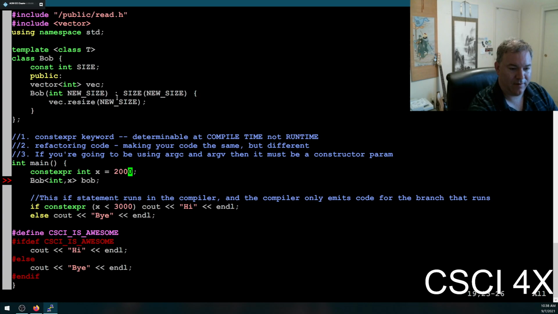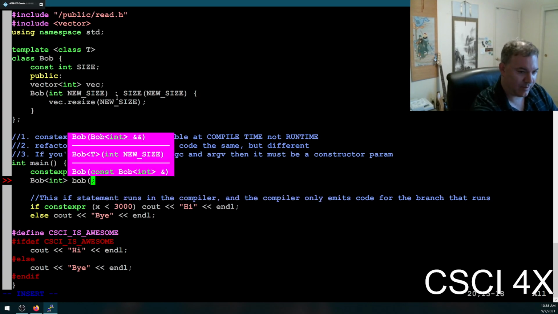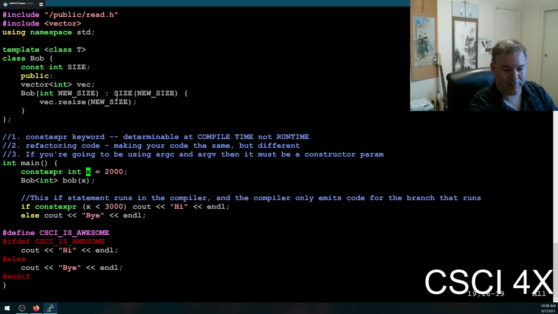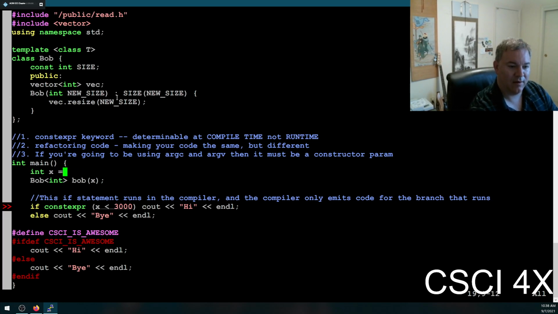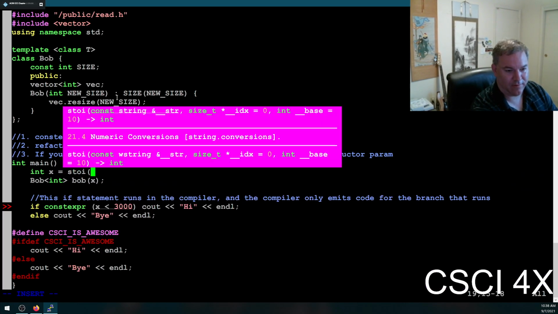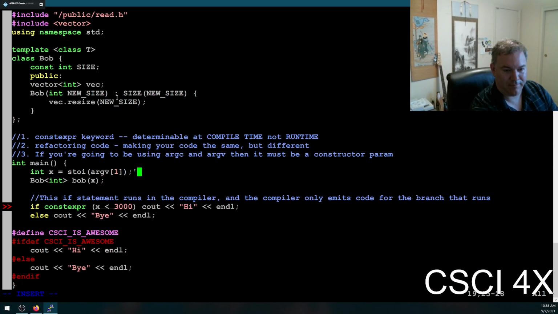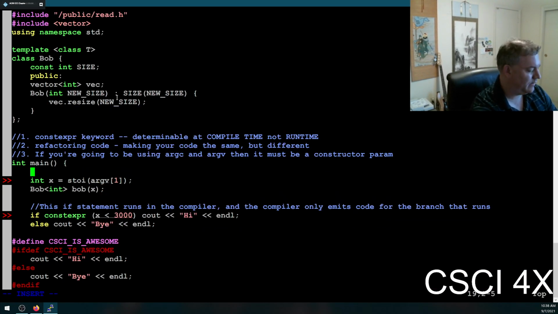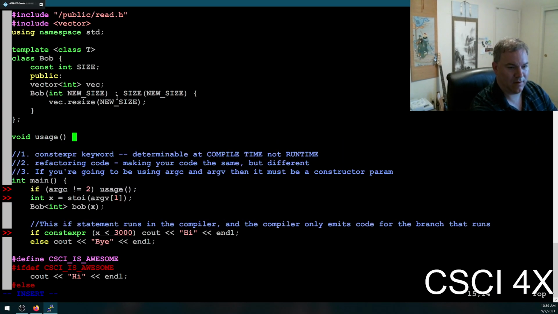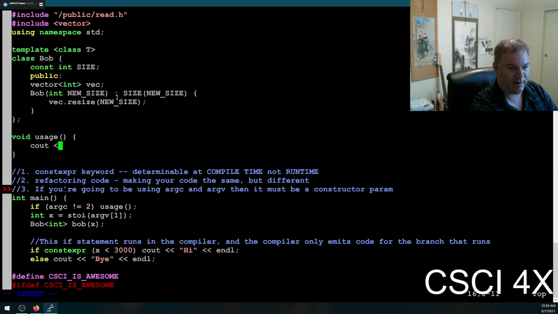Okay, and then we come down here and refactor that. So rather than passing in x as a template parameter, we pass it in as a constructor parameter. And now, rather than having it be a constant expression, we can say it's equal to string to integer of argv 1. And it's always good practice to check your arg count. And we typically write a function called usage, cout, enter the size of the